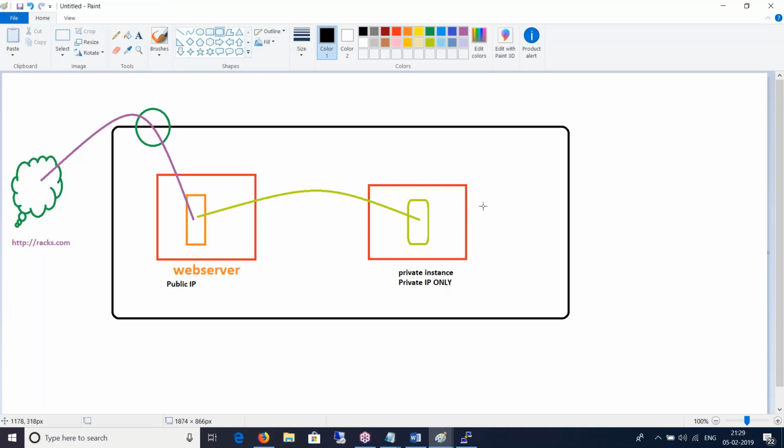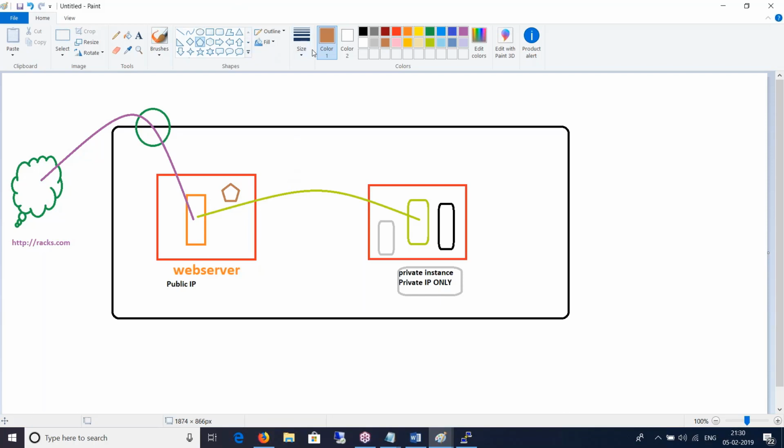Now the question is, how will you update these virtual machines that are there in this subnet and they have just private IPs? And that's where I bring in a NAT gateway. I bring in another device called a NAT gateway, and I will use a special picture for it. Okay, how about a pentagon? So this is the NAT gateway, and I'm putting that in a special subnet, which is a public subnet.